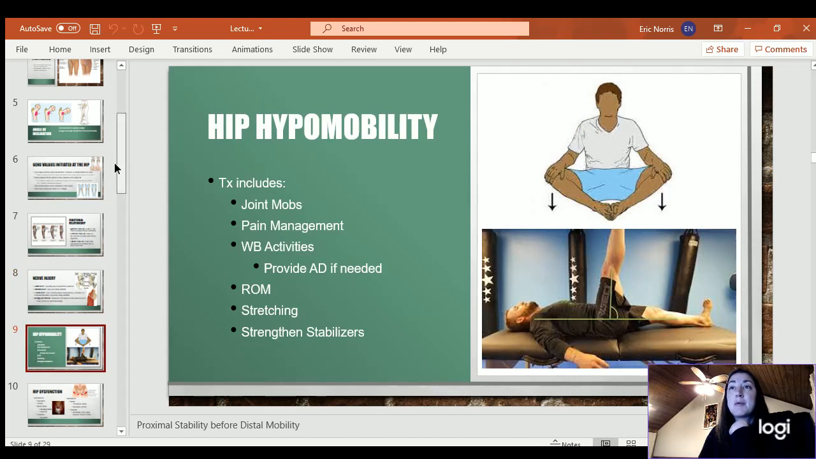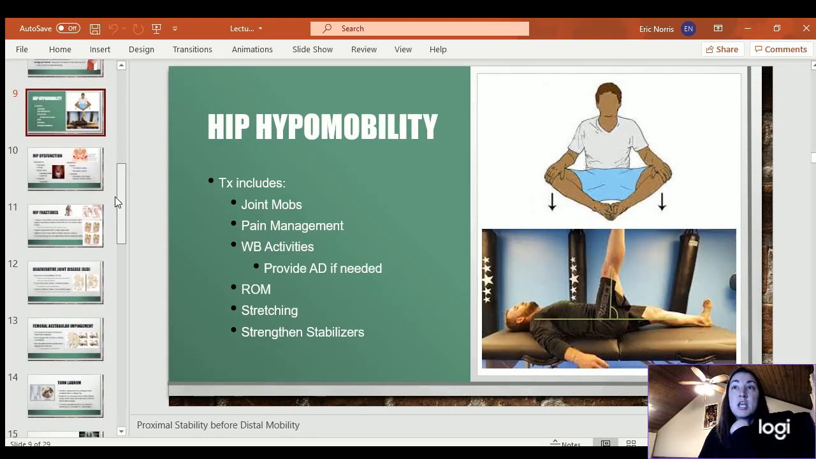With hip hypomobility, you know that is just decreased movement of the hip. So we want to do treatments that can increase the movement. So joint mobilizations. We want to, of course, get them out of pain if they are doing muscle guarding or if pain is kind of the limiting factor. We want to, for sure, do some range of motion. Of course, we start with passive and then we go to active assistive and eventually to active range of motion